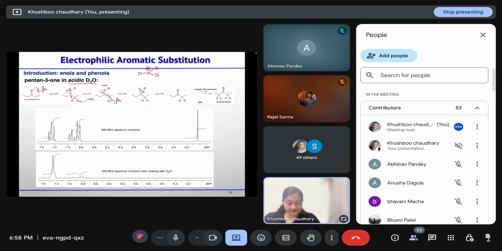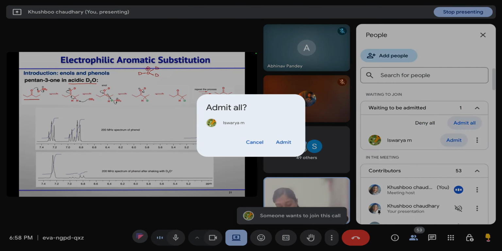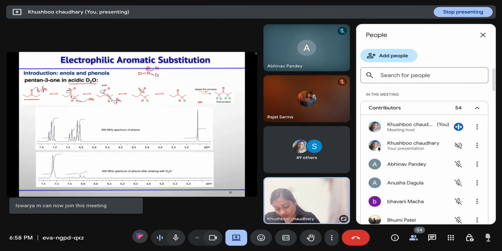In acidic medium, D2O will get protonated, or in this case we will get D3O positive. When your ketone reacts with this species, the oxygen having a lone pair will abstract the deuterium, and your deuterated water will leave. Then this deuterated water will abstract the alpha proton that is acidic in nature, and we will get this enol. After the loss of that D positive, we can get this alpha deuterated compound.